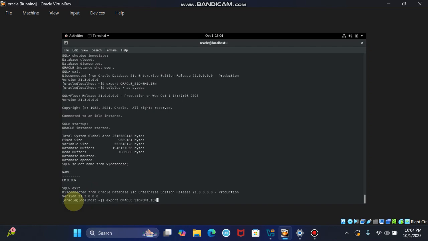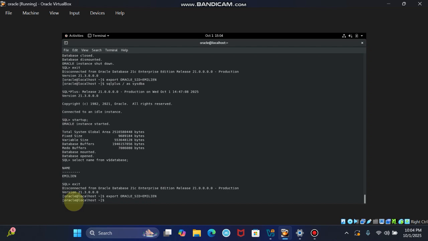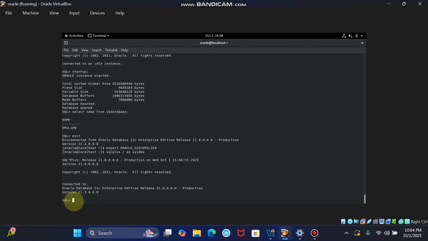Export local SCD equal MLE. Yeah, firstly you have to check if it is database you want to make the template